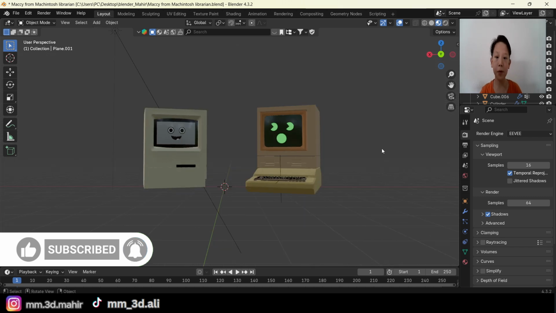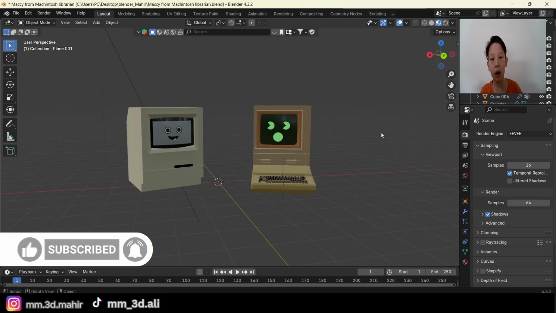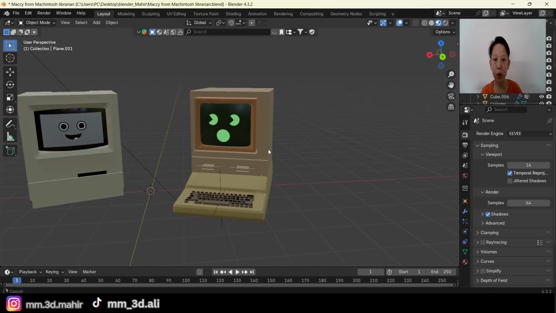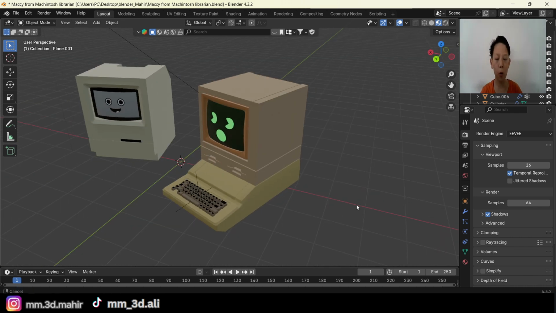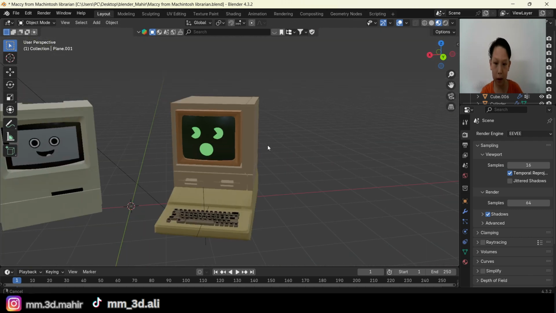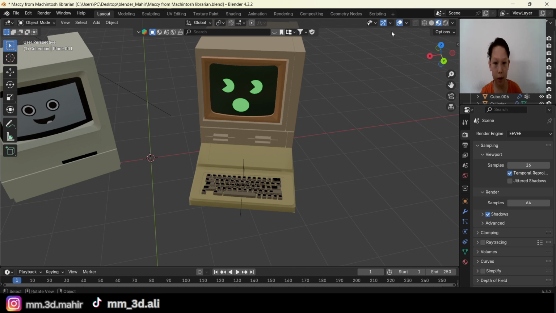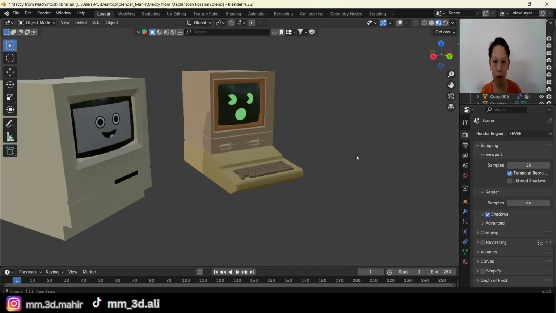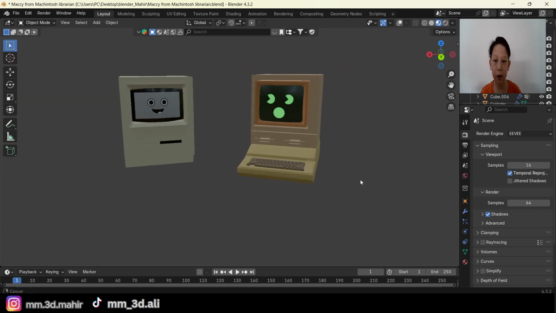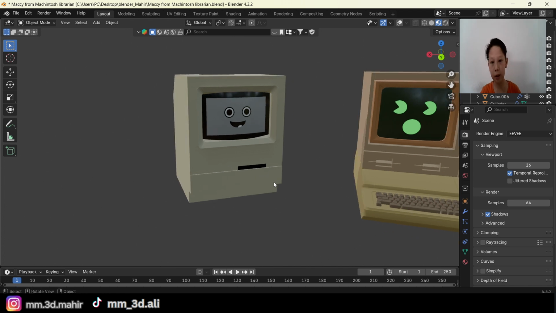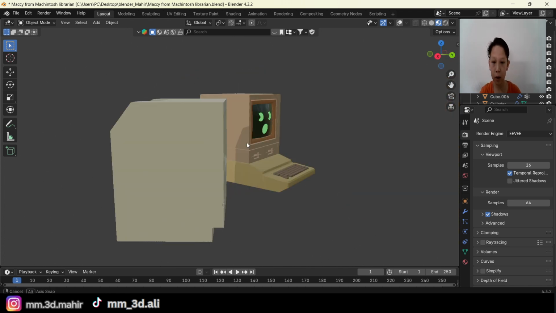So in today's video, I'm going to be doing my follower's request, which is to model this computer character named Twoee. So it looks like this, which has its keyboard like this. And also in my last video I modeled Maccy too, which was his request too,